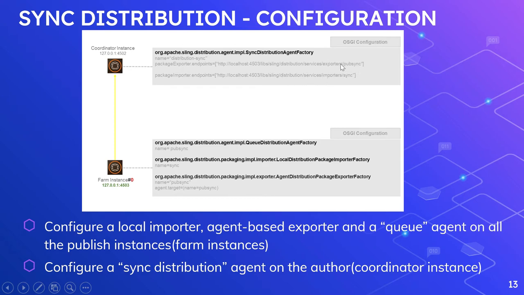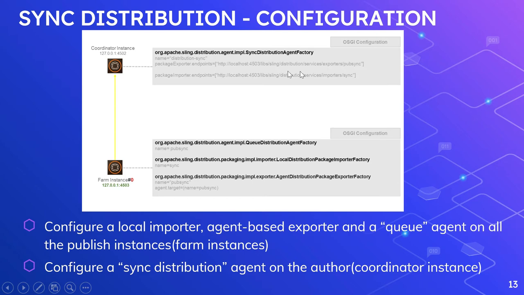If you see here, PubSync is the exporter name. This is the package exporter name PubSync, and again the package importer dot endpoints is the importer endpoint. So you should be configuring multiple endpoints here, this is endpoint 1 or 0.